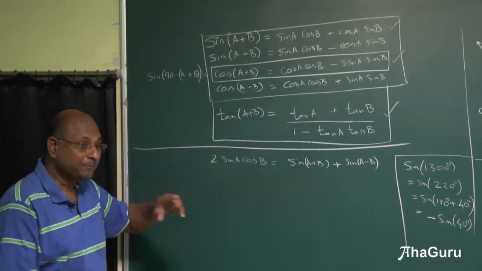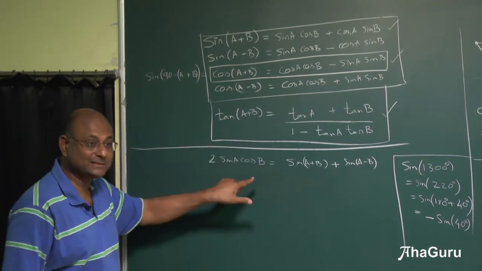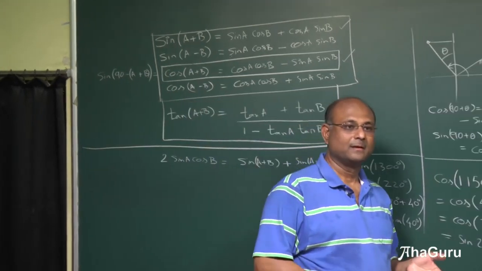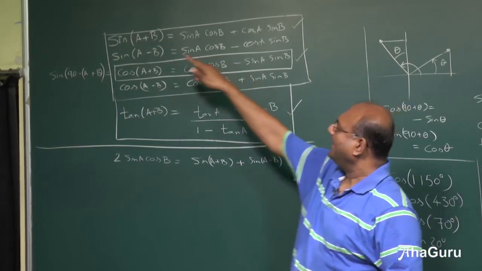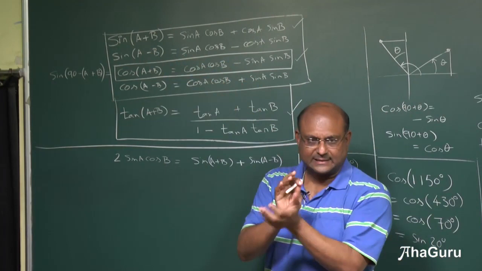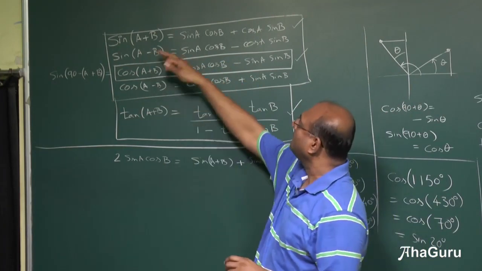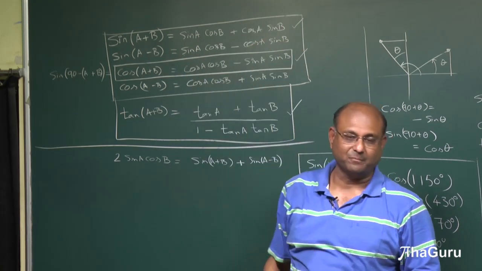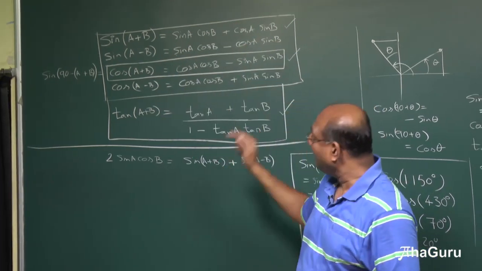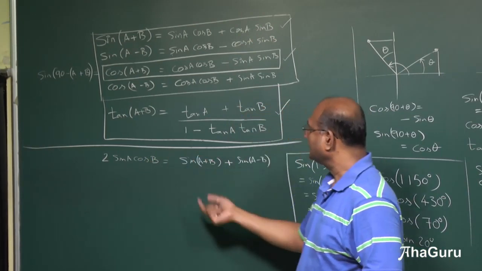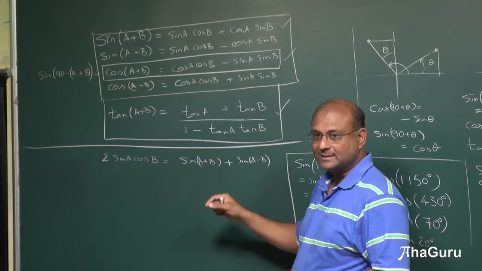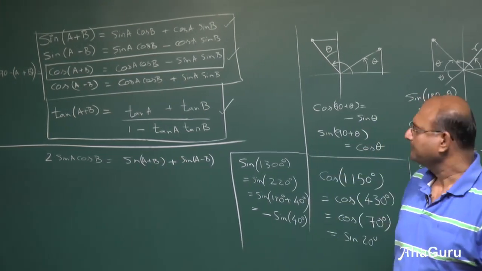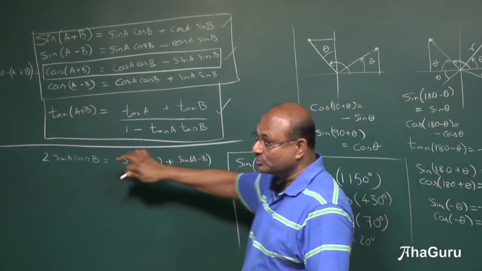So whenever I have a product of a sine and a cos, I can write it as sum of two sines. What am I doing there? When I have sine of a set of angles that I am adding up, I am converting it into sin A cos B plus cos A sin B, that kind of a form. Here what are we doing? We are saying I have a sin A cos B, I am going to write it as sine of something plus sine of something else. Okay. This by itself is useful.